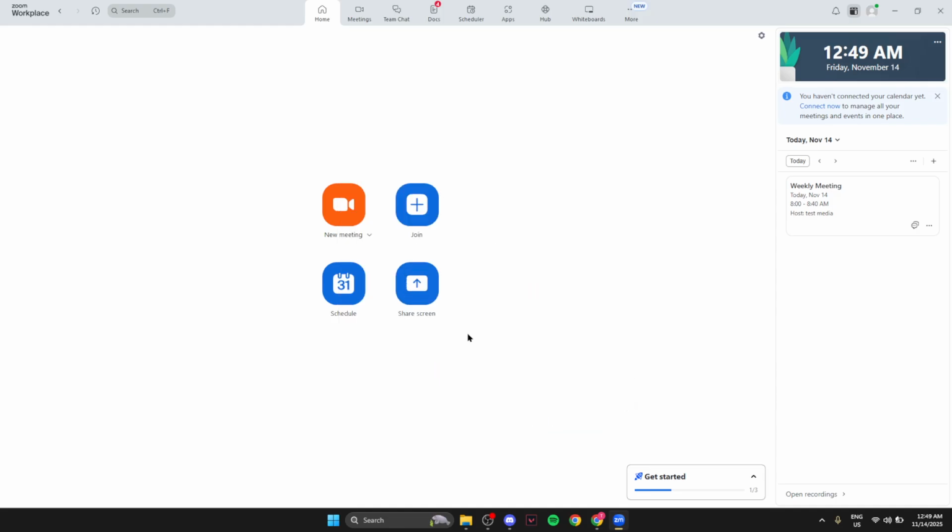And there you have it. Setting up a Zoom meeting can be as instantaneous or as premeditated as you need it to be. Whether it's spontaneous or scheduled, Zoom offers the flexibility to suit your collaborative style. Be sure to explore additional settings and features within Zoom that can enhance your meeting experience, such as virtual backgrounds and